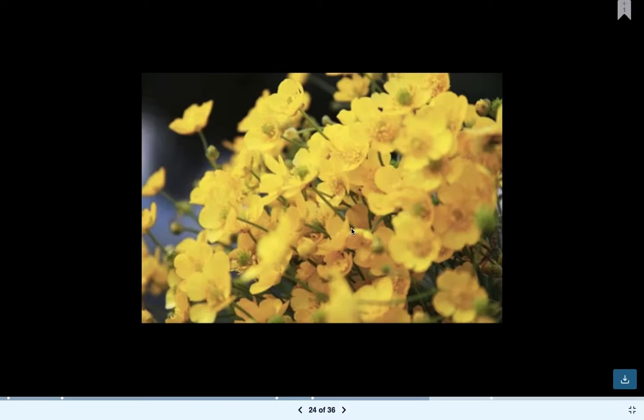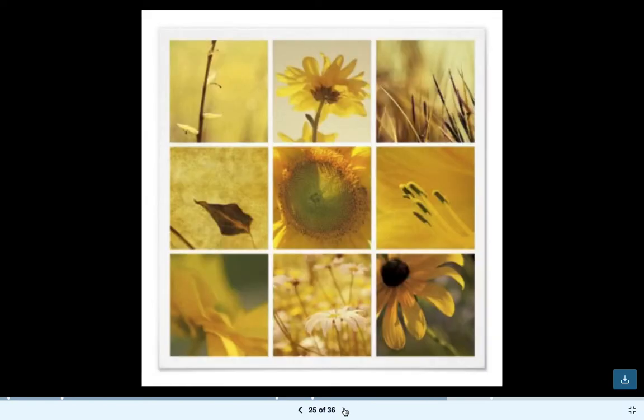And then maybe you can take a group of flowers. This one is a close up of a group of flowers and a bundle of flowers, and it looks really great. And this one is just several aspects of one flower. Maybe this is a sunflower or a daffodil. I don't know what flower this is, but